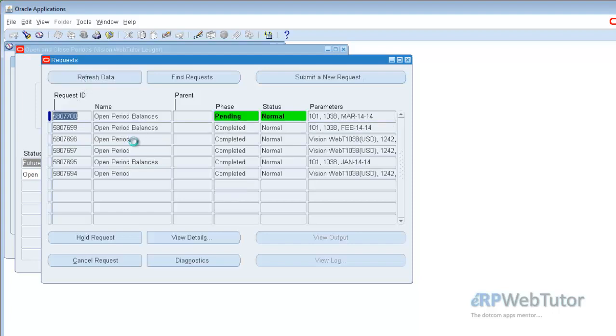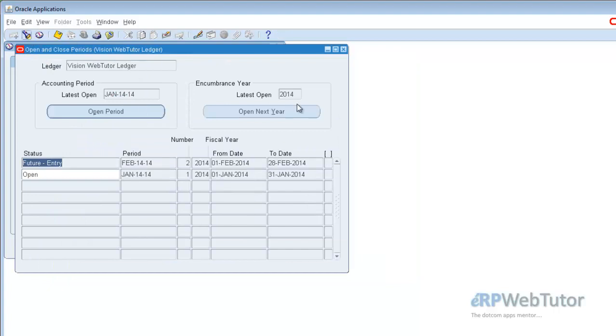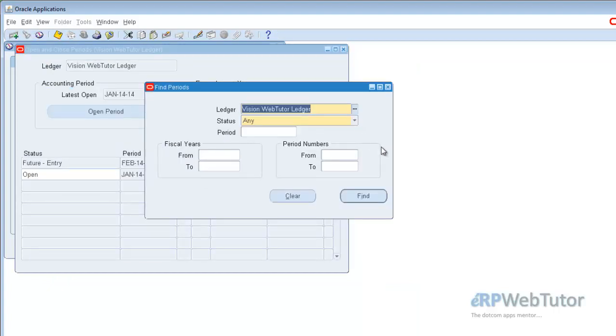Okay, so we can see that now the request has completed, and we are waiting for the open period balance request to get finished. Let me refresh. The balance calculation for Feb has happened successfully. Now the calculation for March is going on,